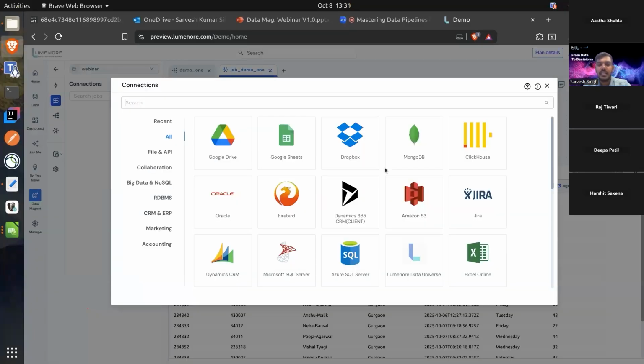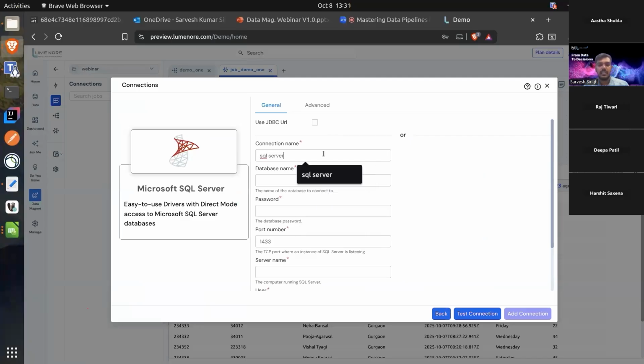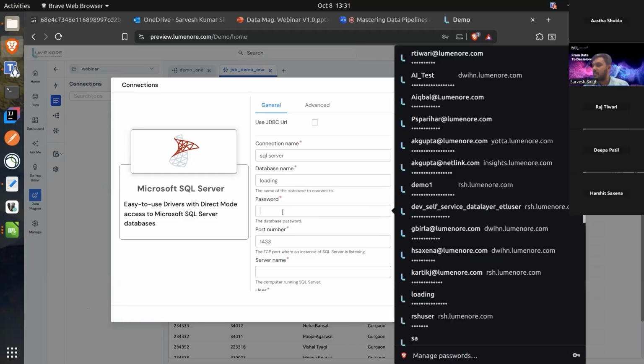I'll select these, the various connectors which are given to us by Luminore's ETL. I'll just select SQL Server for this case. I'll give it a name. I will call it SQL Server. Database is, I know what my database already is, and I'll just enter my password,